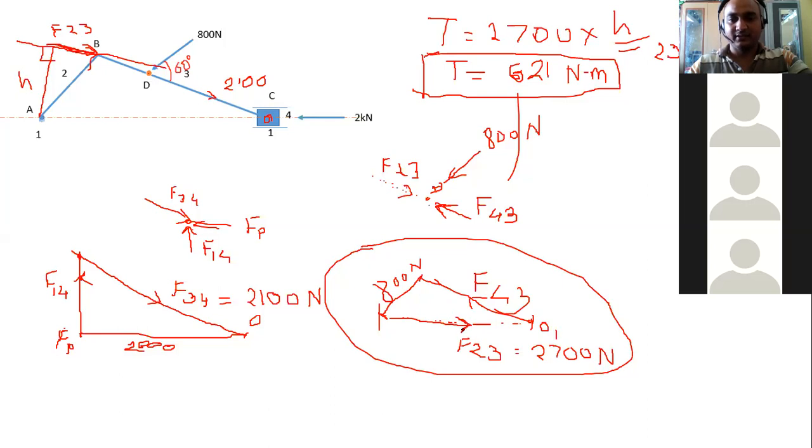It is 100% F23. So we have taken this direction and copied it over here. This is the direction of F23. The direction of F23 is altered because of this 800 Newton. In the previous problem we saw it was not altered, but because of this force it is now altered. We have not extended this BC. This force is different, and then we have found this perpendicular distance. Any other doubt? Any other doubt?